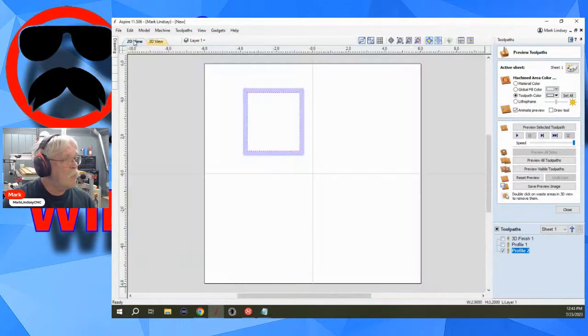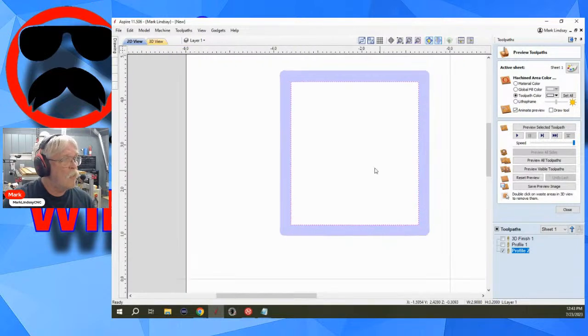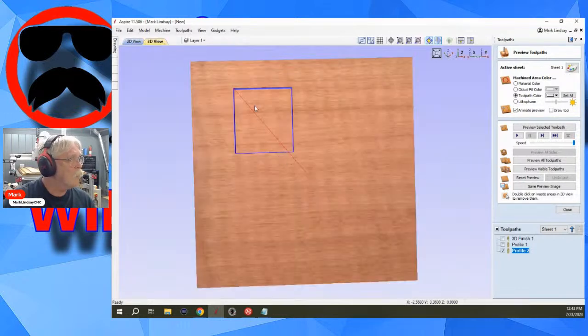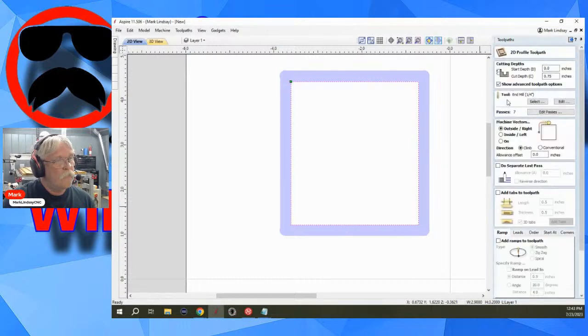If I look at the 2D view now, start point is up here, I think. Yes, start point is up here. The vector is to the right. Okay. And it's going to cut to the outside. So you see,